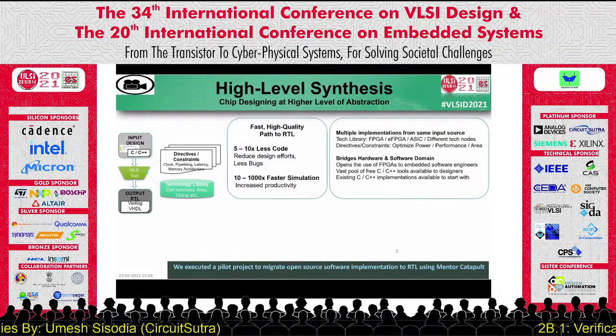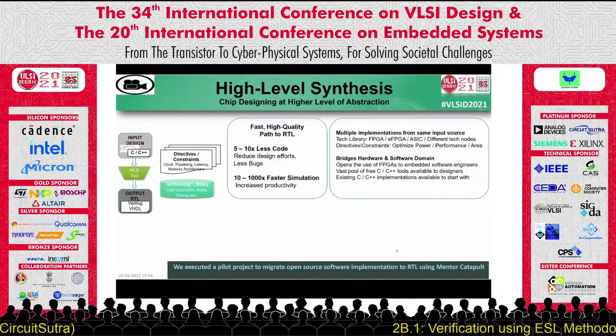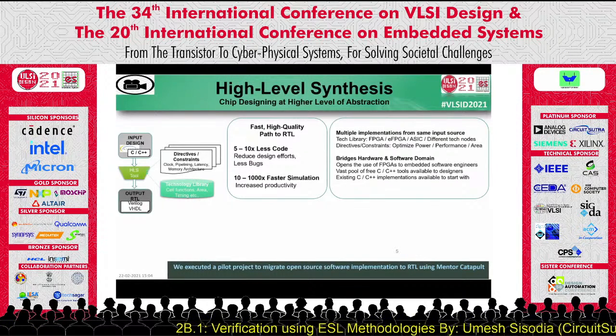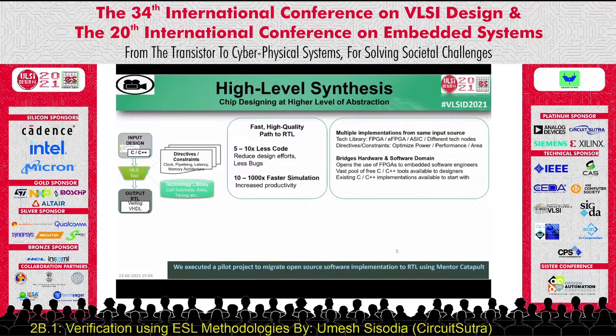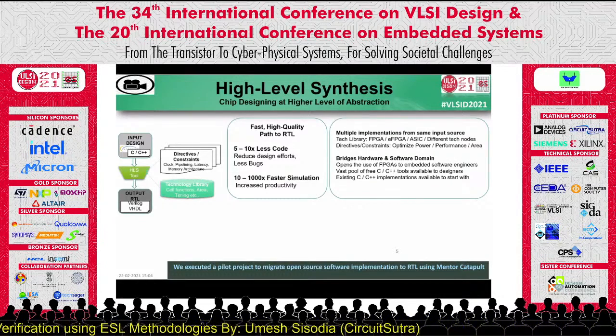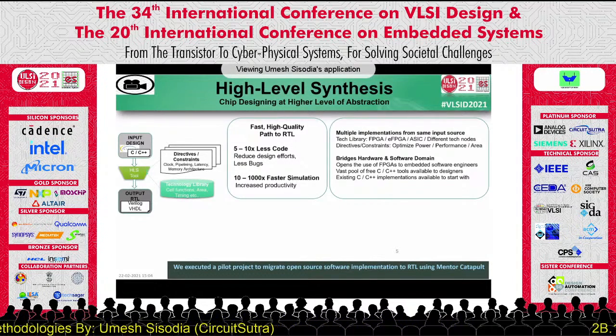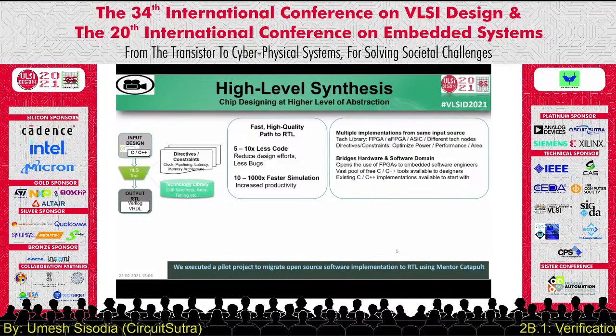A design implemented in a high level language has 5 to 10 times less code and can simulate 10 to 1000 times faster than the corresponding RTL. That results in a significant boost in the productivity of SoC design and verification. The code base is smaller, so design effort is much less, and the probability of introducing bugs is much less.